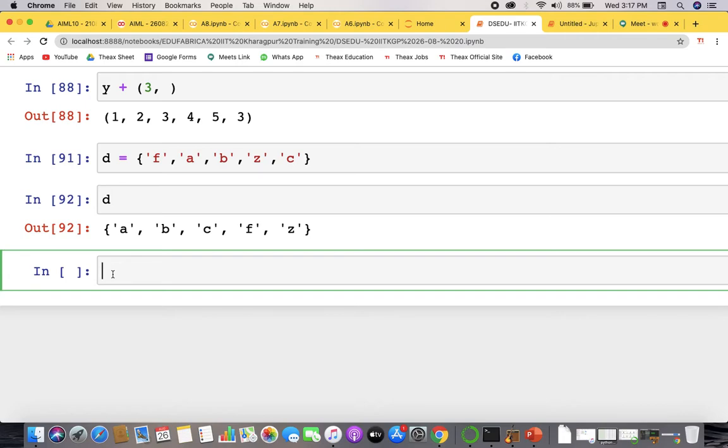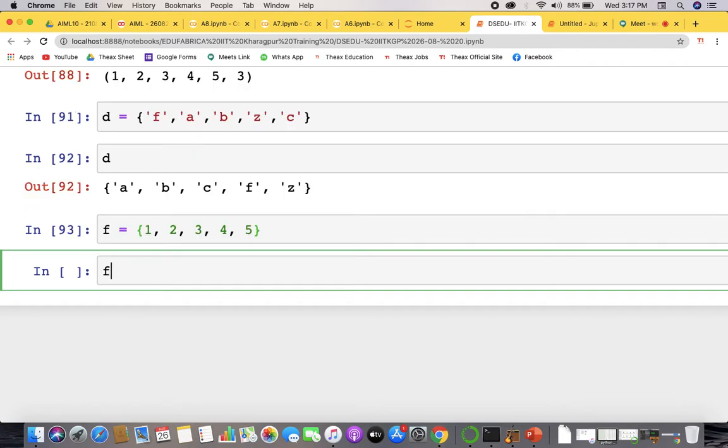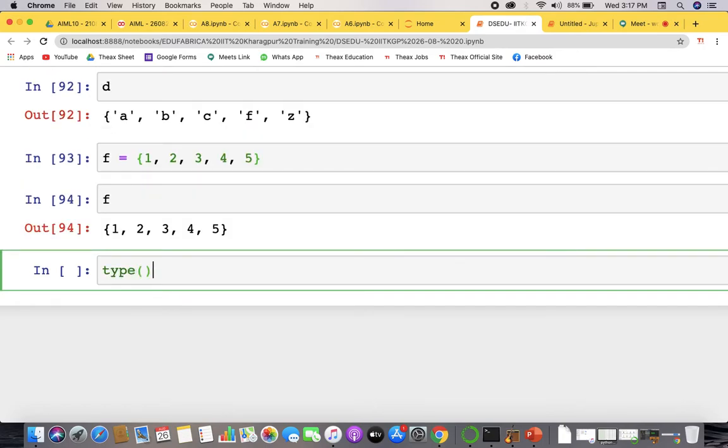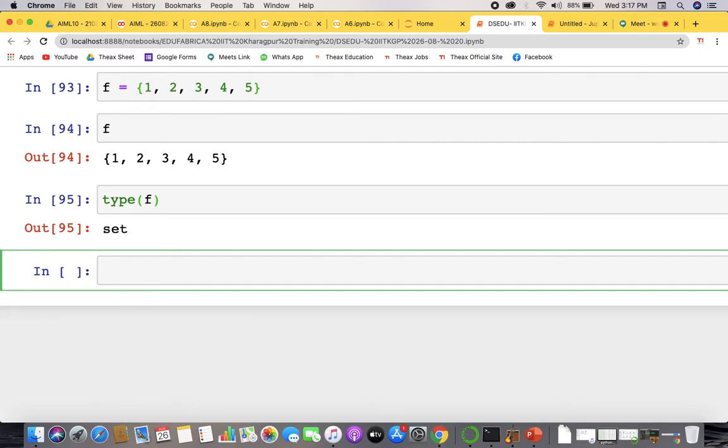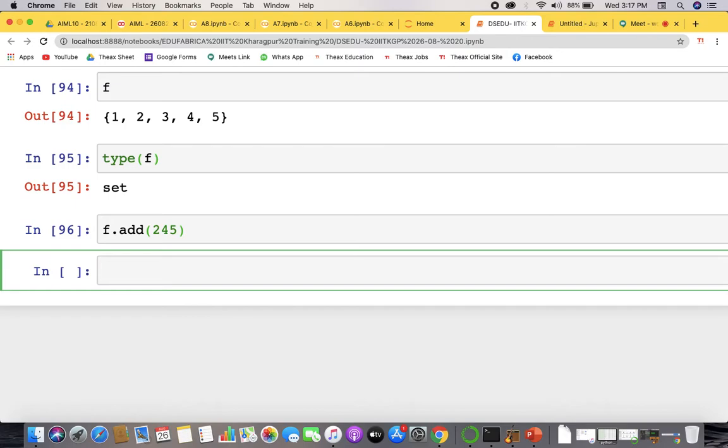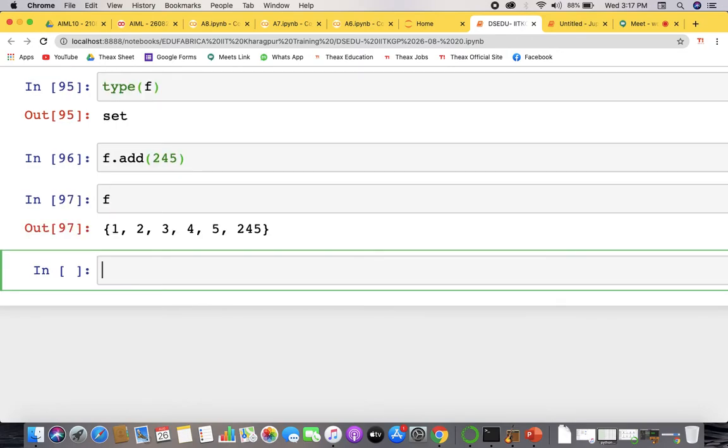That's it. Okay. So let's say this is f and this is 1, 2, 3, 4, 5. If you check the type of this f, we'll find it to be a set. If you want to add any element in a set, you can write add and then the element. Done, right? So it will affect the set.